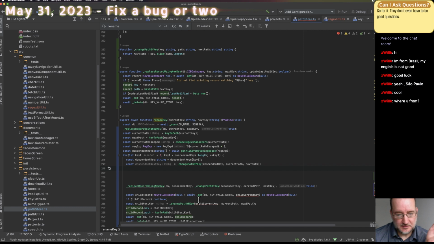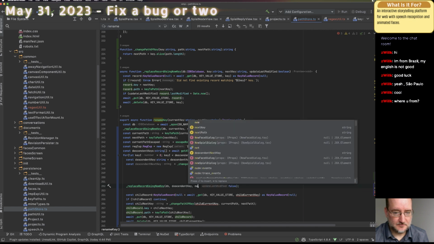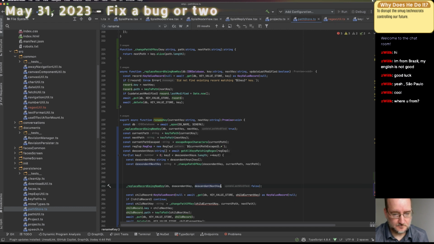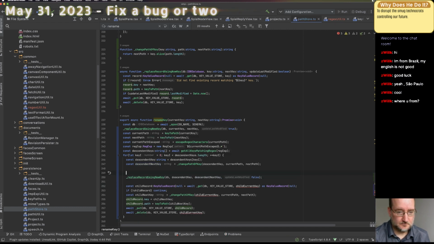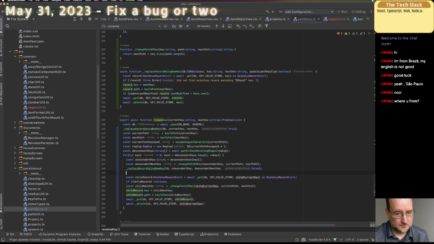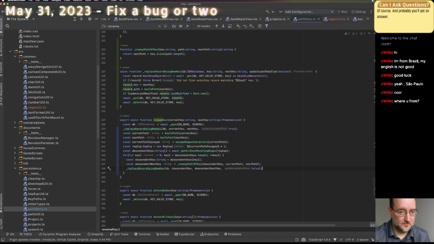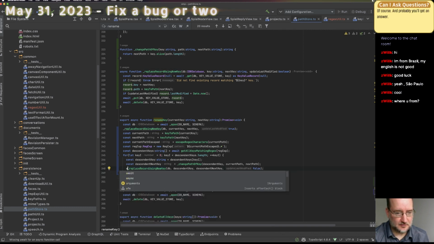So it's going to be descendant key, next, or descendant next key. Okay. I can delete all that, and then this becomes an await.